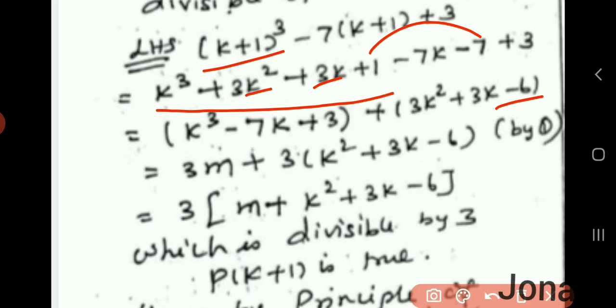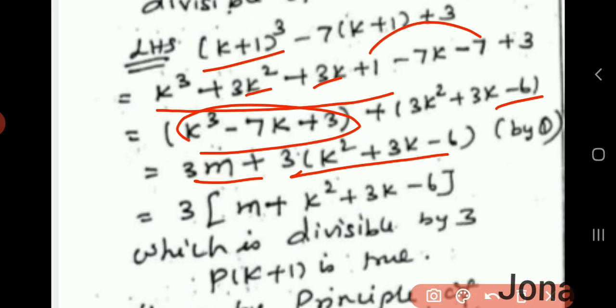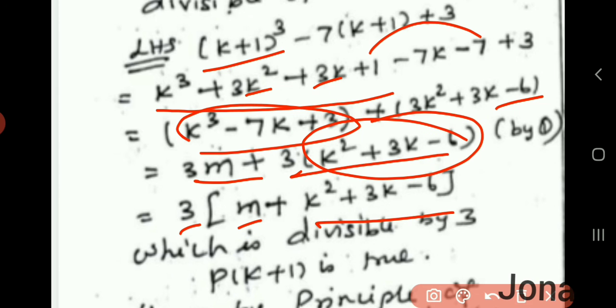For the first term we already have the value 3m. Now we can take 3 as common factor: 3 into k square plus 3k minus 6. So from these two I can take 3 as the common thing. So the remaining things are m, and from this we have k square plus 3k minus 6, which is also divisible by 3. Therefore P of k plus 1 is true. Therefore by mathematical induction we can